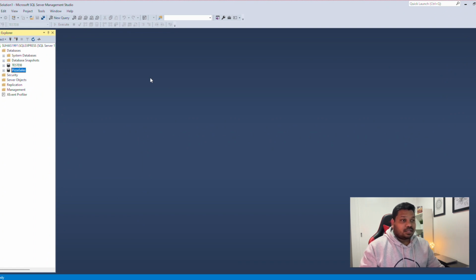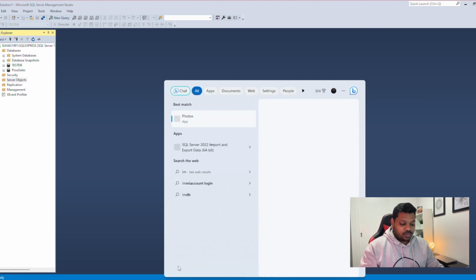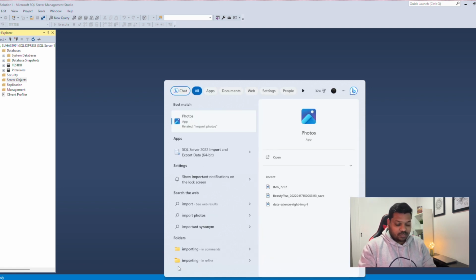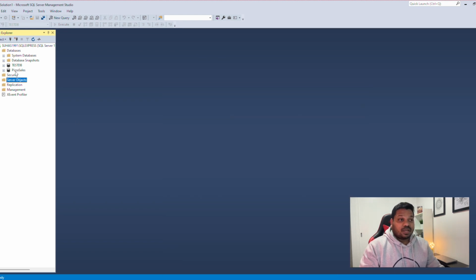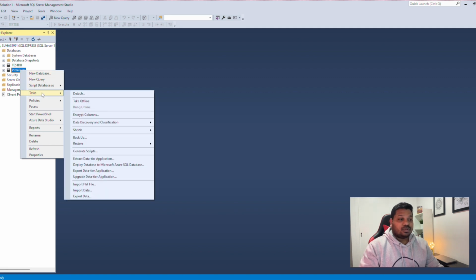So there are two ways to do that. First you can do it from SQL server import and export data, and the other one is by right clicking on the database. Then you have to go in the task, and as we are importing data, you have to click on the import data,